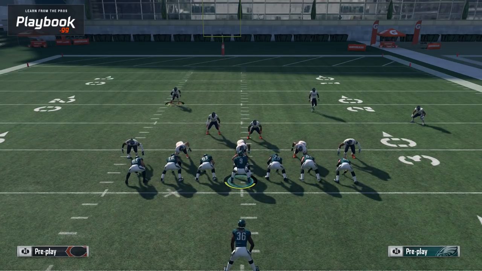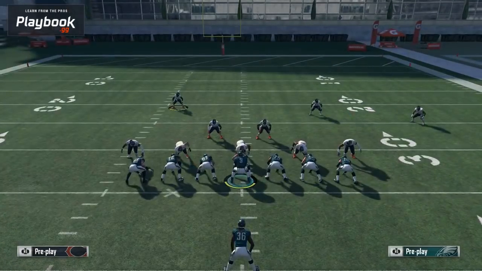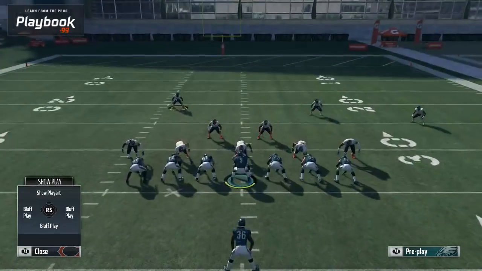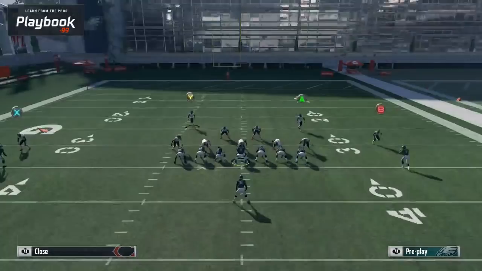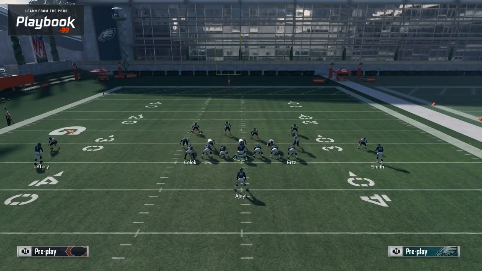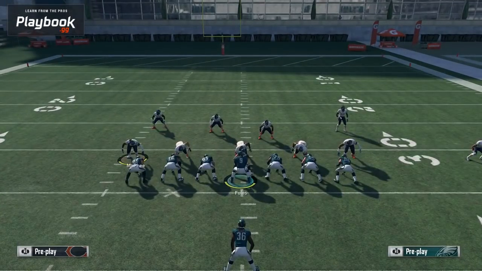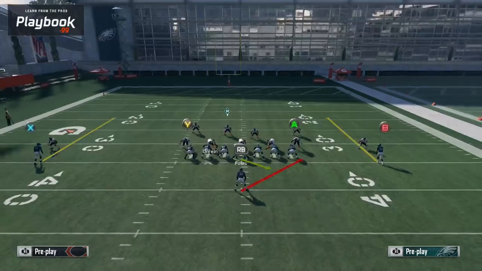If you do not base align and press, this will not work. Let me go ahead and show you why. If I go ahead and call this play, I'm just going to press here. And then I'm going to go ahead and man up X. I'm going to man up B. Here's the defense. It looks the same, right? But you forgot the base align step. Now if I run this,